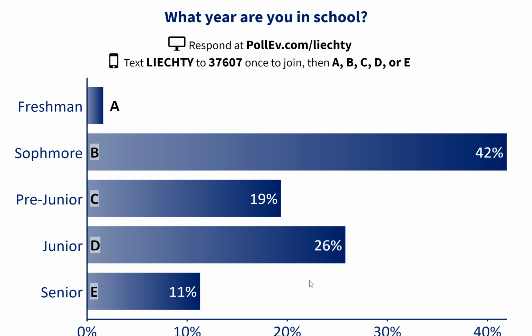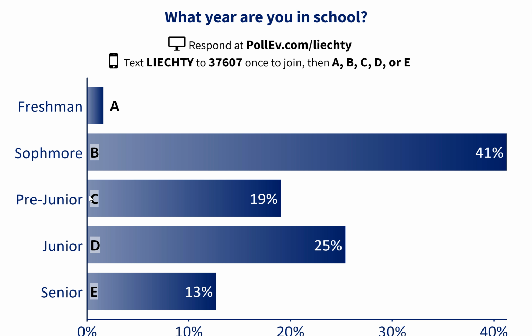This goes along with what type of data? What are we looking at here again? Same as what we were looking at earlier. This is qualitative data, and we'll say this is ordinal, because there is some difference between freshman, sophomore, pre-junior, junior, and senior. You can put those in order, and there's some measure that goes along with that. Years that you've been on campus, or credit hours, or however you want to define it. But the difference between a freshman and a sophomore is not necessarily the same as the difference between a sophomore and a pre-junior, although that kind of depends on how you define things.